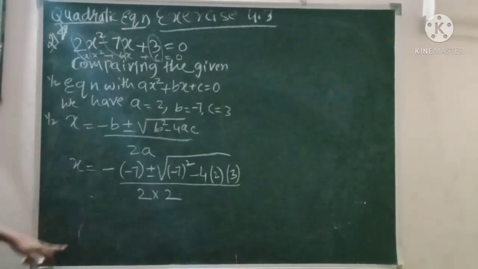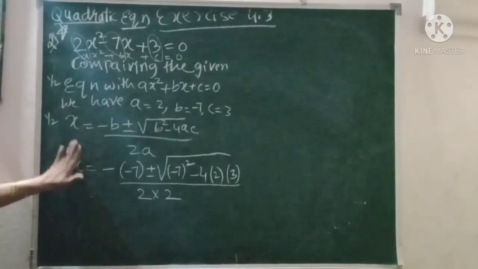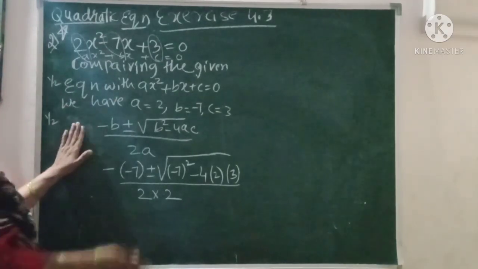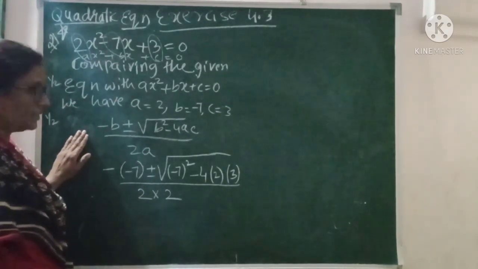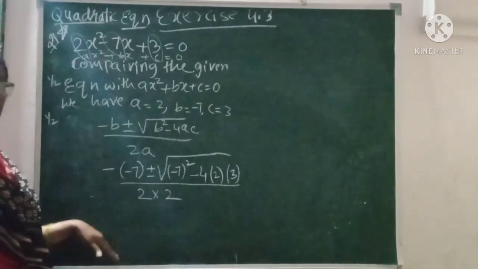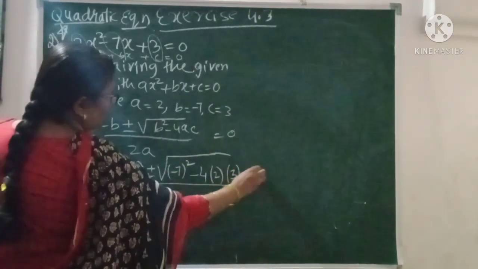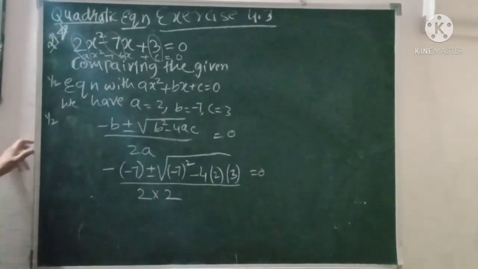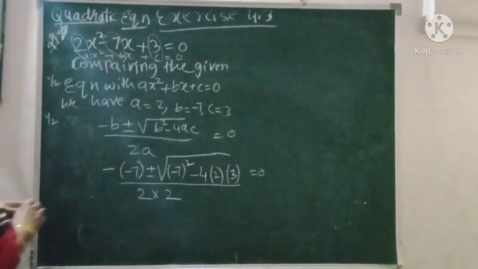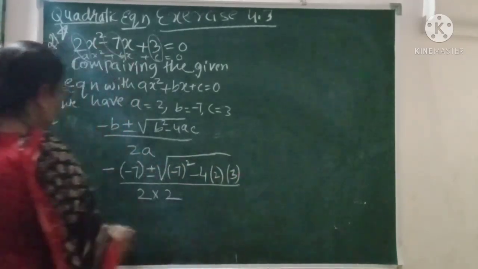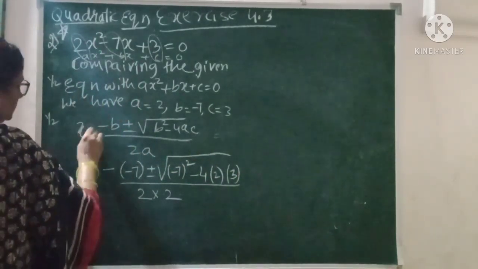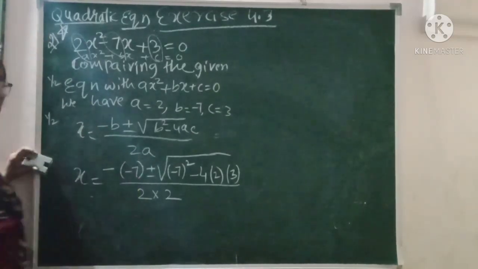Okay, and write LHS and RHS. Don't just go on writing like this, is equal to 0. I have seen many students writing only this. Some students write this is equal to 0, this is equal to 0, which is very wrong. The required thing is that you write x equals, and this is x equal, this is the correct method.